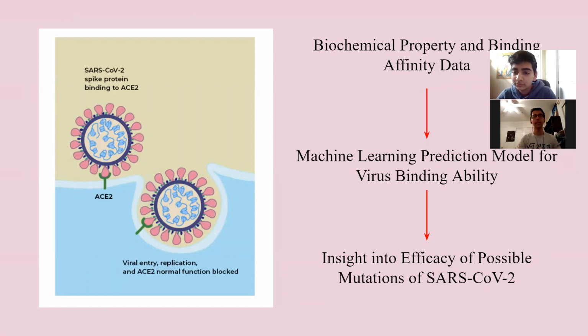Our project is useful because the machine learning model will let us calculate the binding energy for a sequence without folding it and docking it to the human cells, which takes a long time. Being able to calculate binding energy several orders of magnitude faster makes it much easier to simulate future evolution of the virus. The model can also help find the biochemical properties that maximize binding energy, which would help us identify